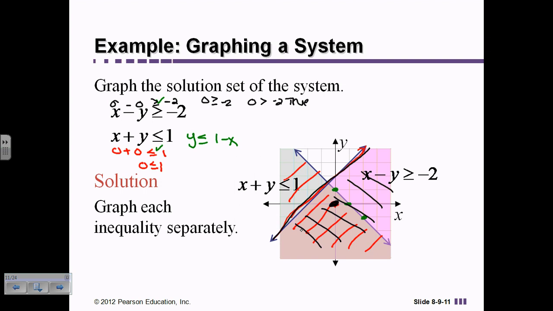So if you look at my lines, you'll notice that where they overlap is right in this region right here. This region where they overlap is the solution to the problem. So everything in this region right here would be a solution. What that means is that if I pick any point in that green region, it will solve both problems individually. So if I pick this point right here, which is -1, -1,